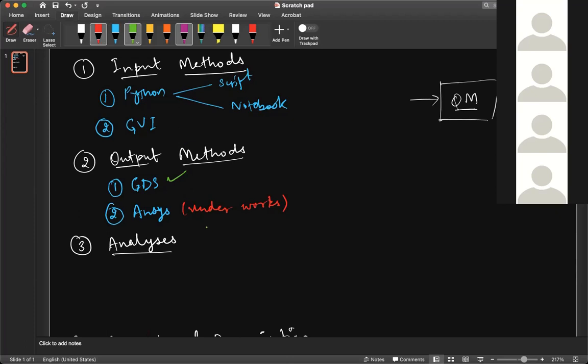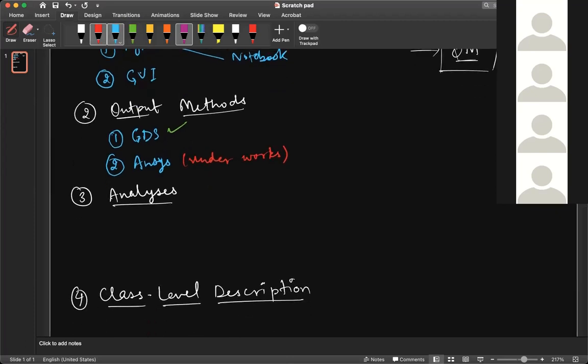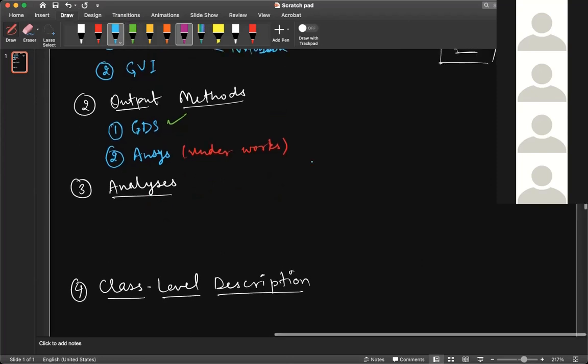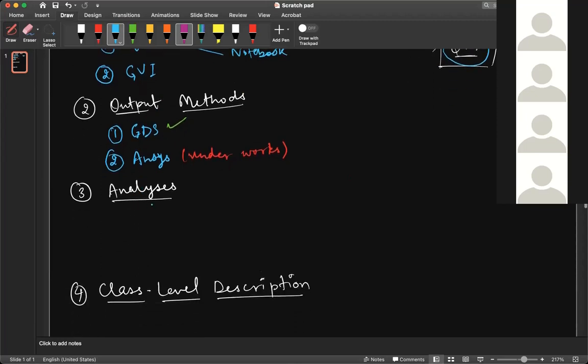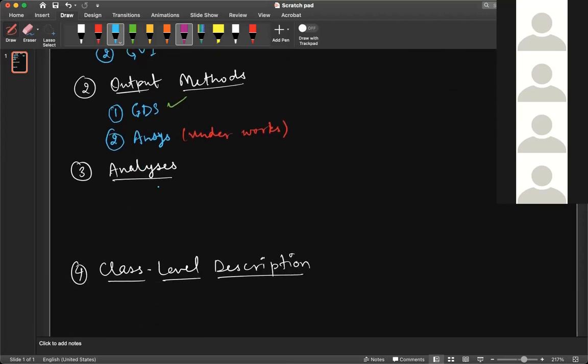Also there are different types of analysis. By analysis I mean that you have made a particular design in this part of the software, and to verify that design you do some analysis on it. Those analyses are generally of two types.